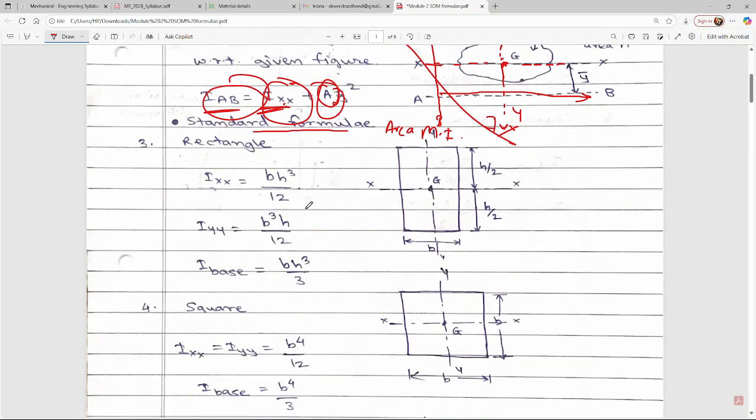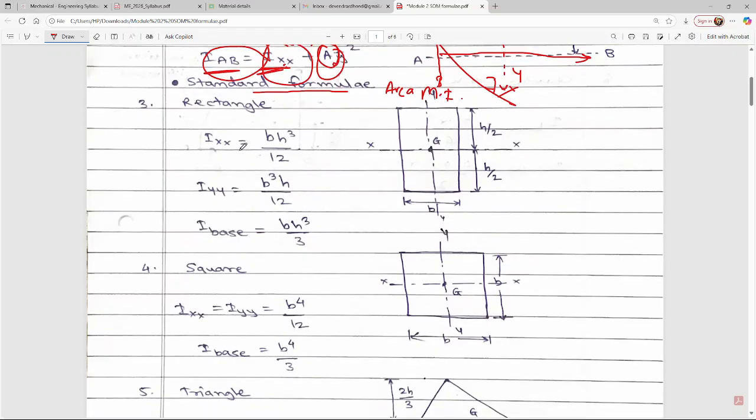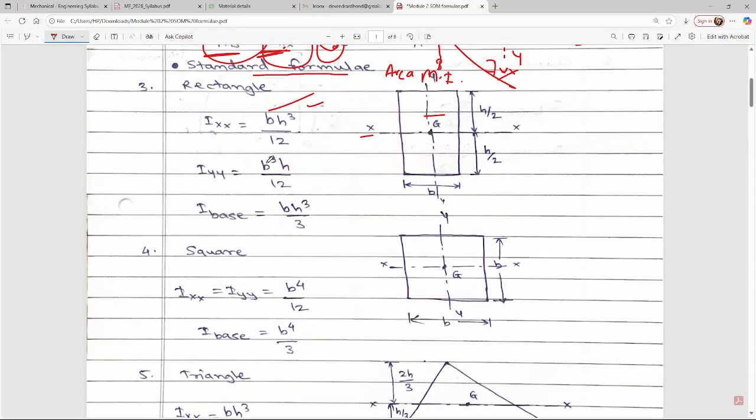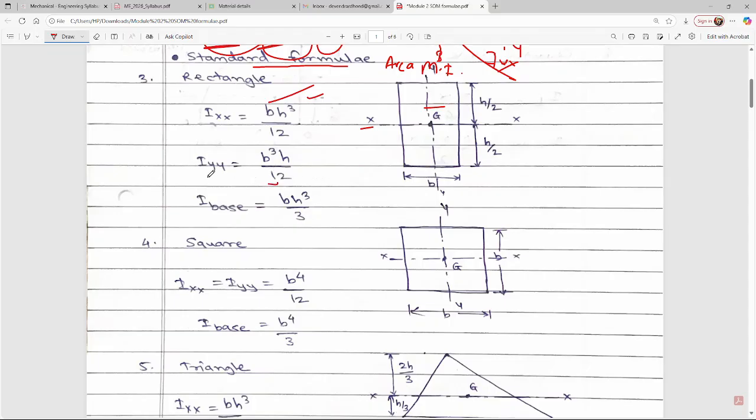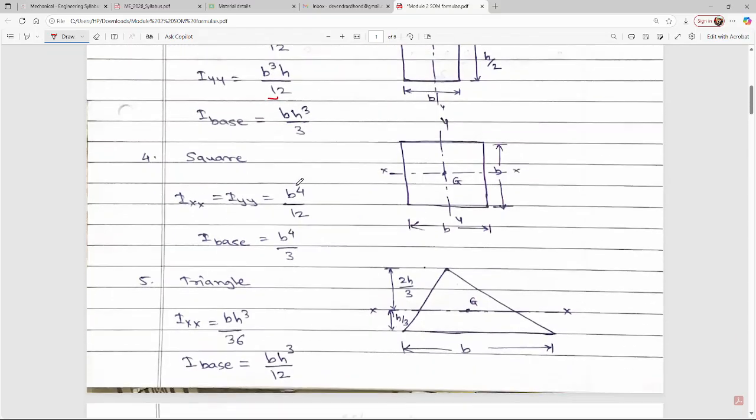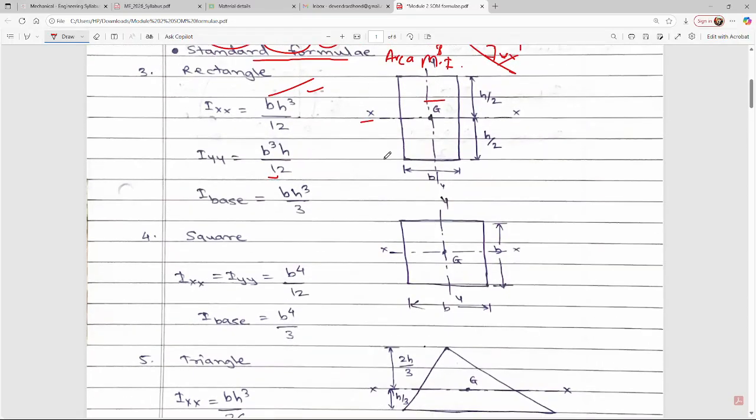Next, here are the standard formulas. IXX is b h cube by 12. Here no need to explain this formula. When we are asking for IXX, you can directly use that formula. IYY will be b cube h by 12. Then I base means I with this line. Okay, if this line is the base, then